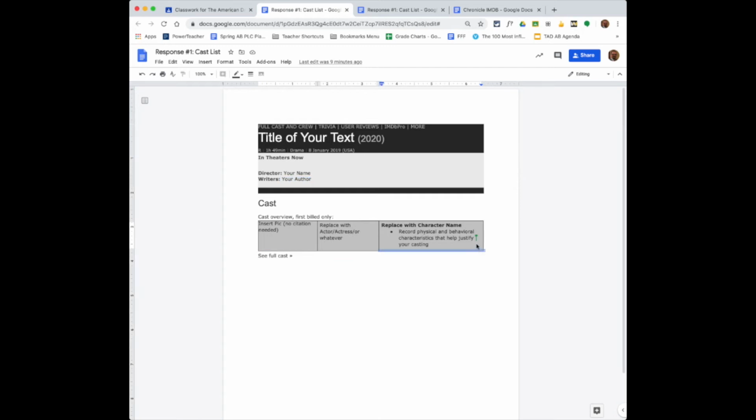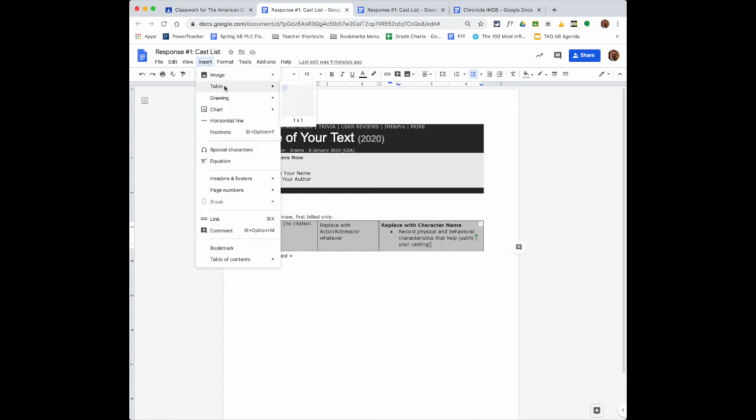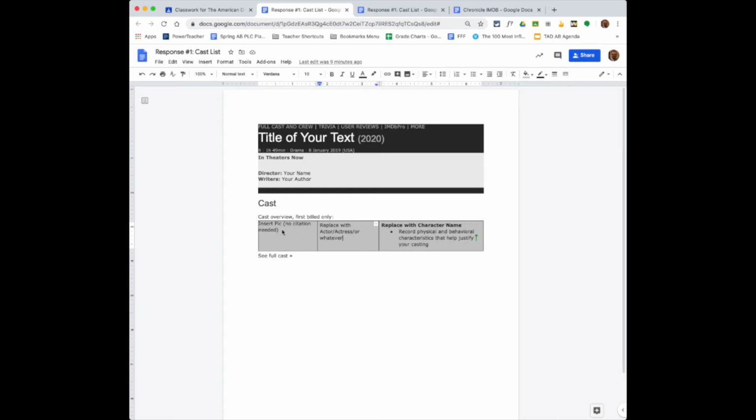minimum. And if you need to insert a row, I did this by right-clicking, or it can be done in the insert menu under table. You can add more rows this way as well, but to make sure it goes inside the table, it makes sense to right-click, insert a row below every time you need a new character. I'm going to let you grab pictures of your cast, and no citation is needed because this is a note-taking